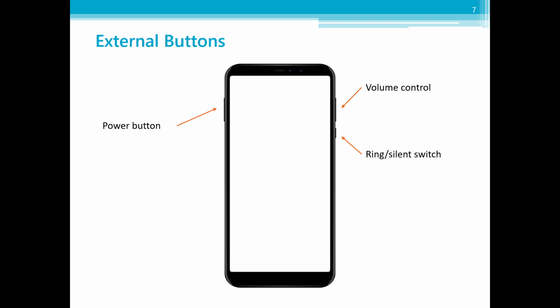So the ports and buttons on your smartphone or your tablet might vary depending on the specific model you're using. In general, phones and tablets have a power button, a volume control, and some of them will have a ring or a silent switch. I know that Apple devices do, but most Android devices don't have that switch. But you'll see on this picture your power button's on the left, your volume controls are on the right. Your phone might look a little bit different than that, but they all have these